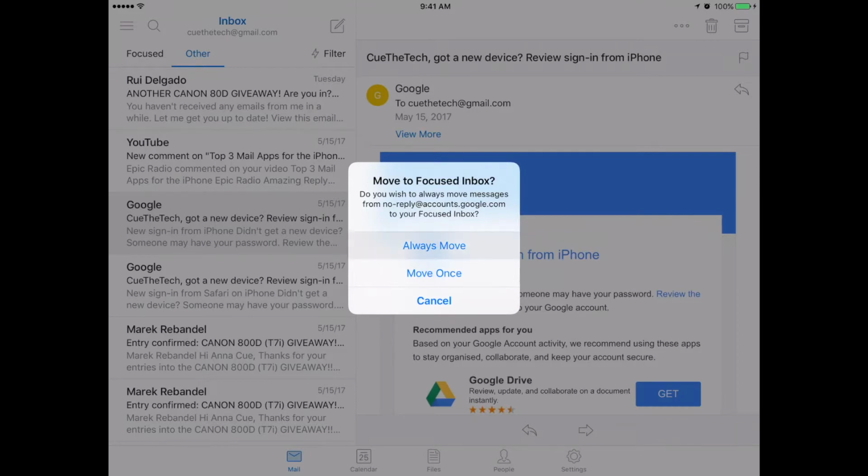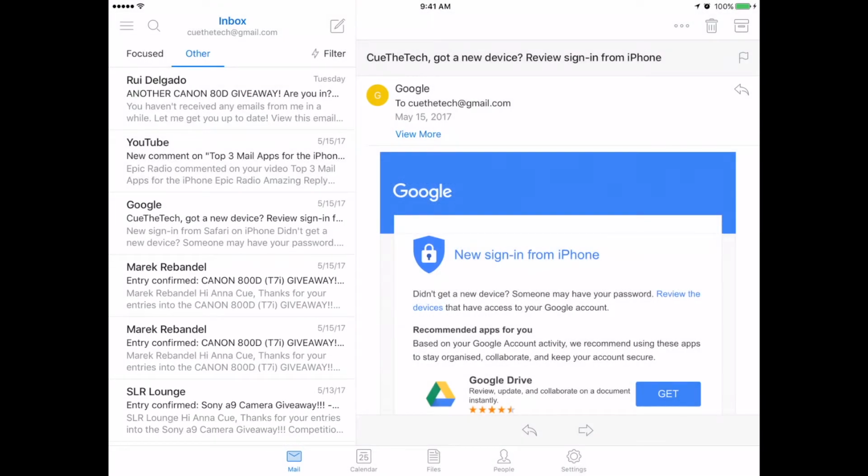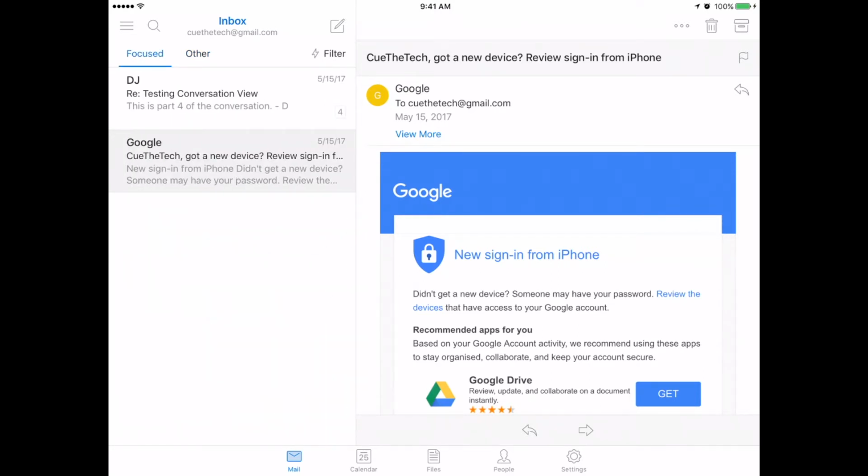So I'll do the always moved, and you'll see some things move to the focused inbox. So anytime I receive an email going forward that comes from this Google sender, it'll be in the focused inbox